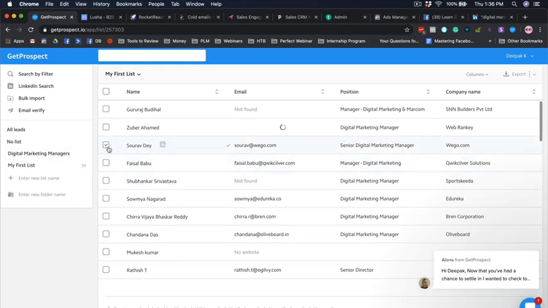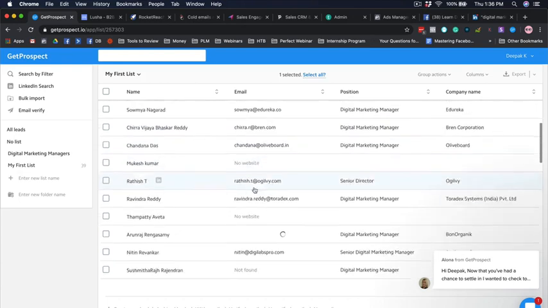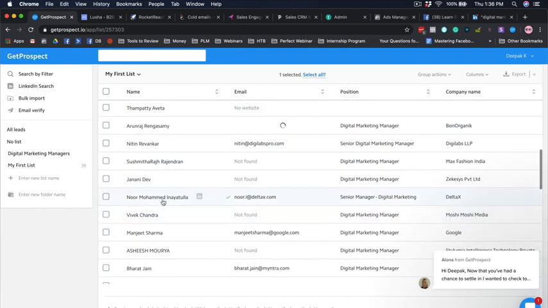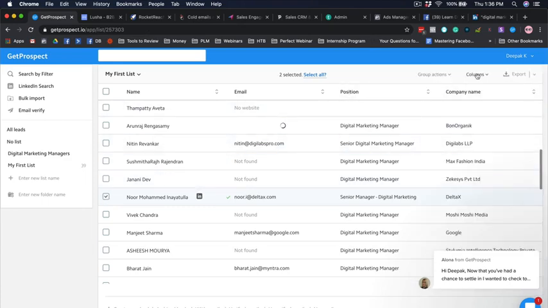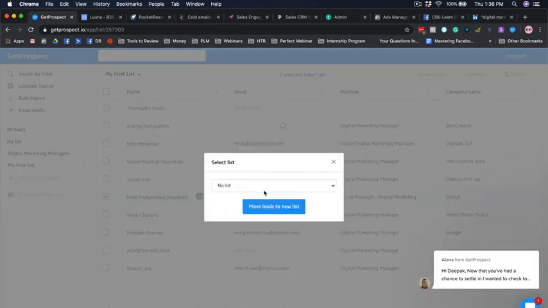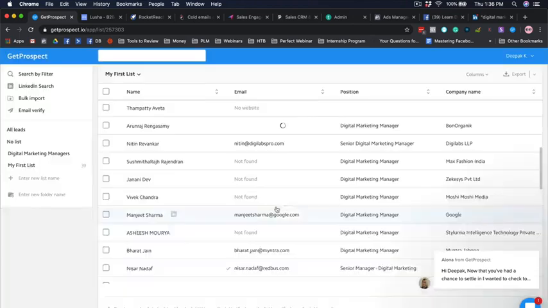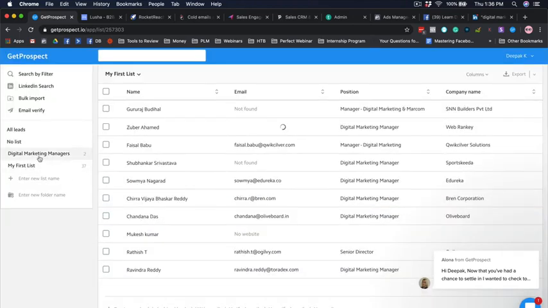And then I can select these people who are digital marketing managers and move them to a new list. So basically I would select them, click on group actions, move to, and select this.